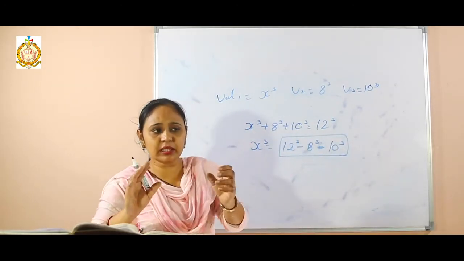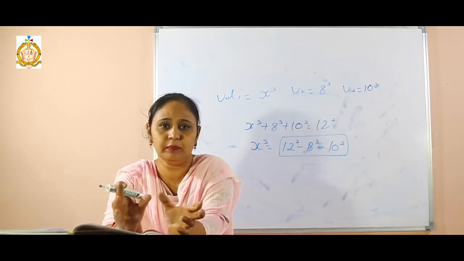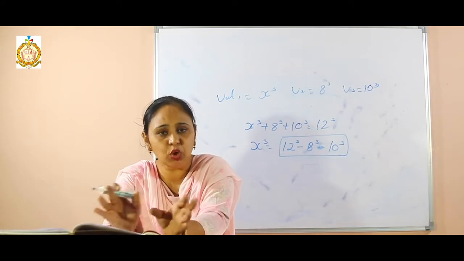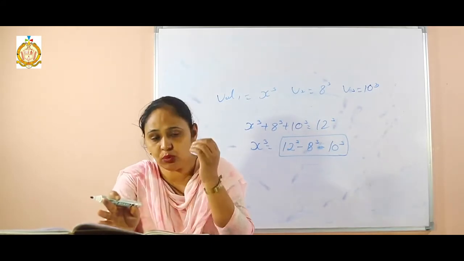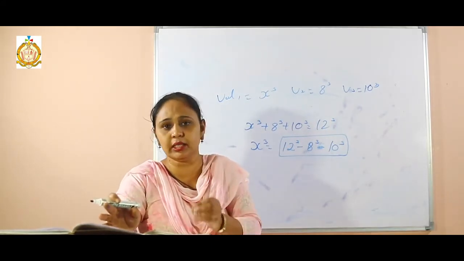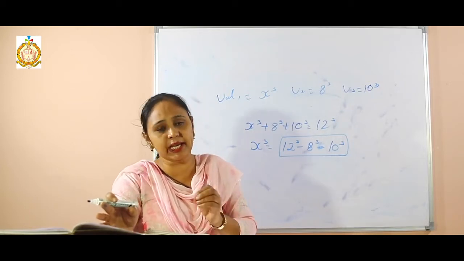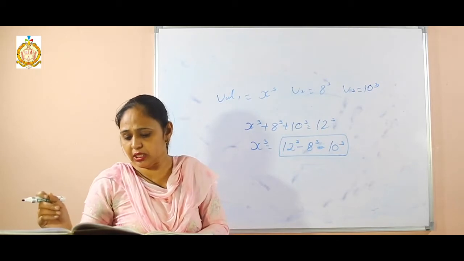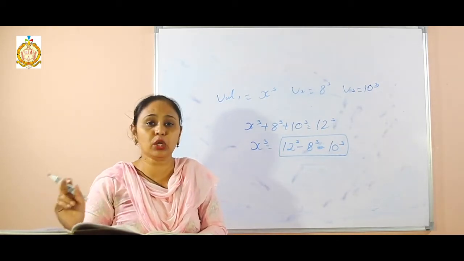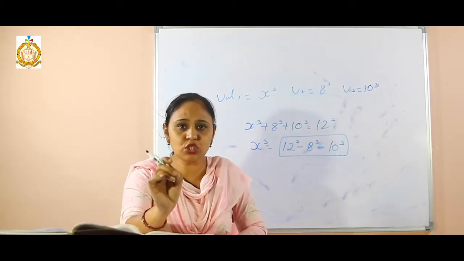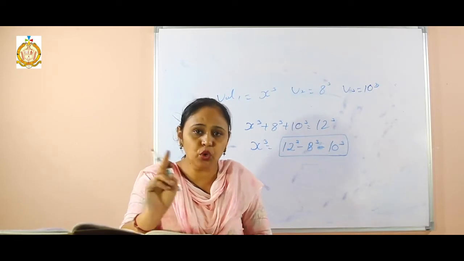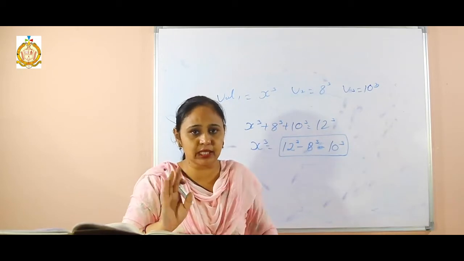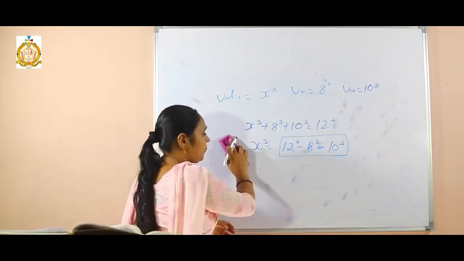Clear? Just think, if the word melt is there in the sum, not area, something in volume, the word is not given, but we have to think that if the word melt is there in the sum, then we will take it as a volume. Then in the next sum number 8, the cost of preparing the 4 walls, that means total surface area is not present. 4 walls means we have to only take the lateral surface, already explained to you.